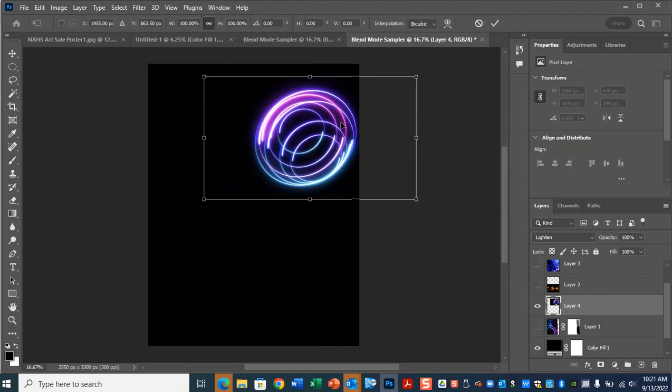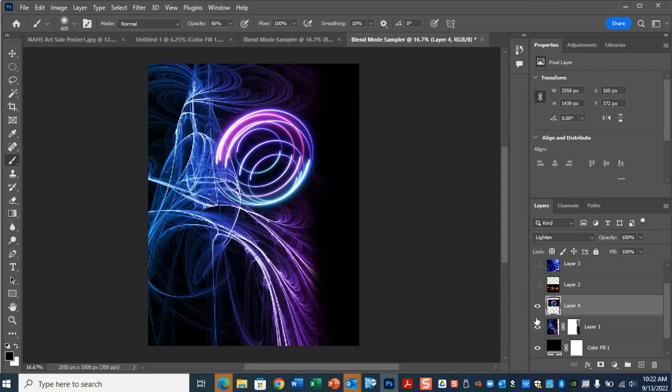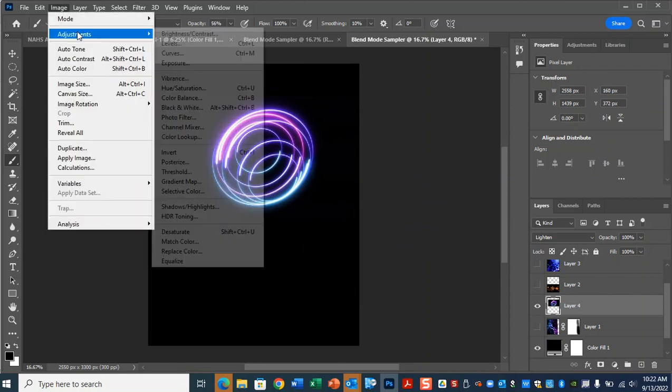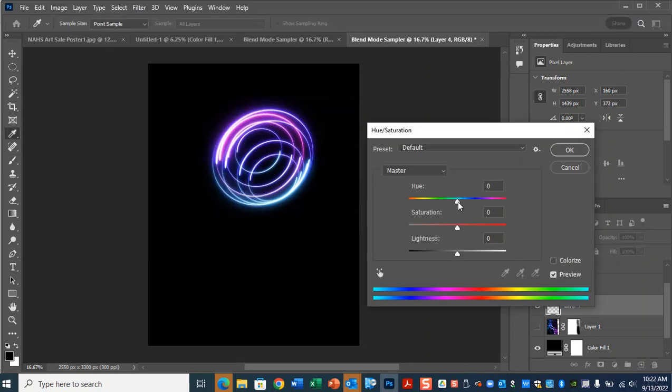And it looks like this one's blending quite nicely, so I don't need to worry about that. I do notice though that I have a lot of purple. So another little trick, if you want to change the color of something, a quick way to do that is Control U on your keyboard. You can also go up here to Image, Adjustments, Hue/Saturation, but Control U is the easy shortcut. And if I Control U, you see I can go through and I can just change this hue